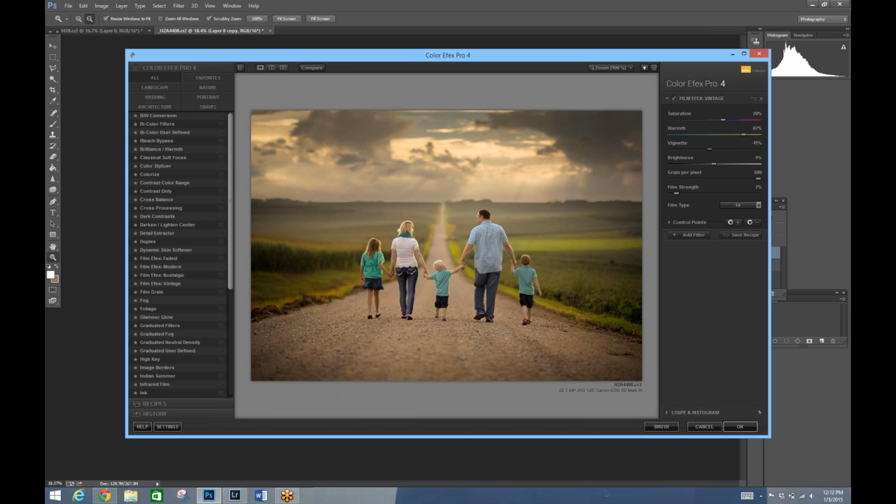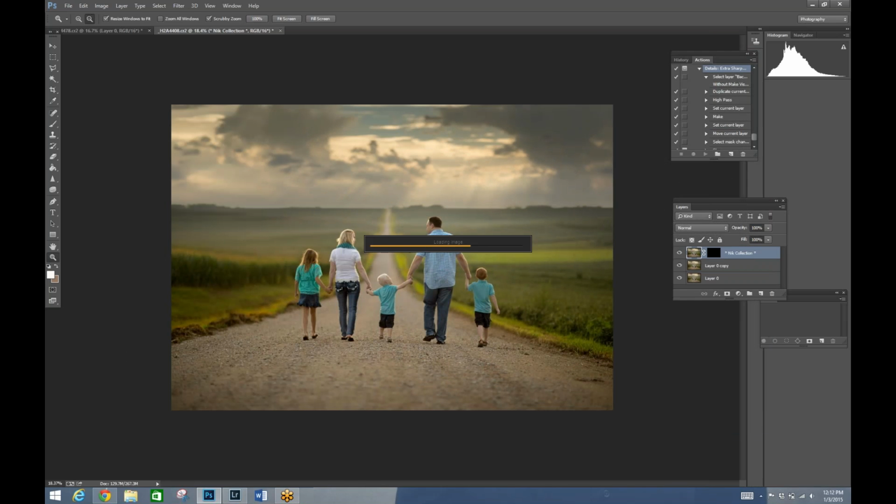These are my settings. My settings are always set. My film strength is 7. My grain per pixel is 500. The brightness is up to you, okay? I'm going to up the saturation in this because I like it. I'm going to take some of that vignette out so it's not so strong. And then that's it. So I'm going to go ahead and hit OK on that. And that's going to put this film overlay. It makes it look a little more analog, not quite as digital camera-like, you know, more film, more dynamic. And we're going to put that over the top, and we have a finished image